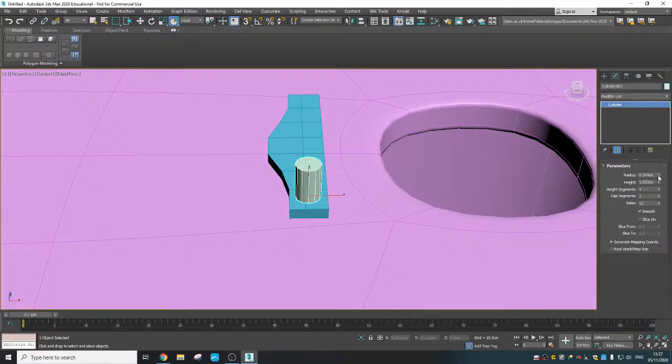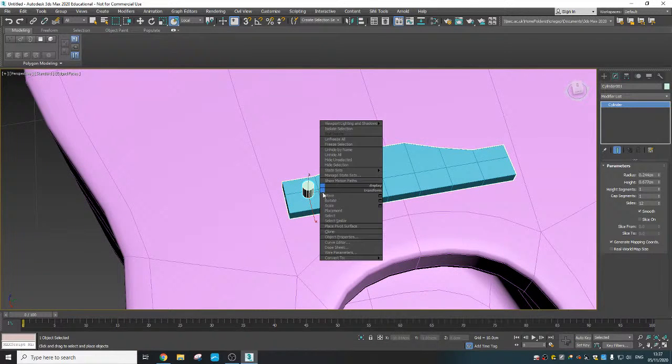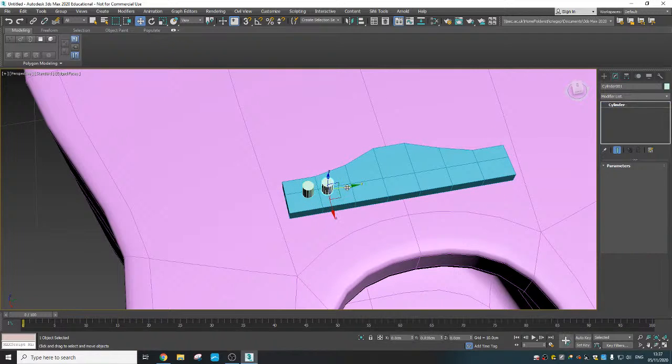Let me scale it down. So the radius, let me put the radius down and the height down. How many do I want? 2, 3, 4, 5, 6. So I want 6 of these. Alright, so what I'm going to do is